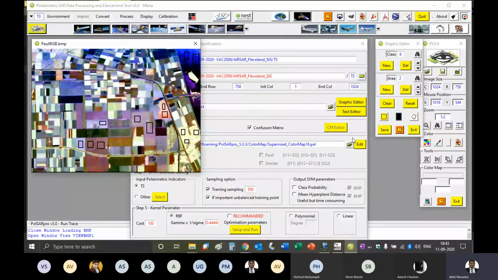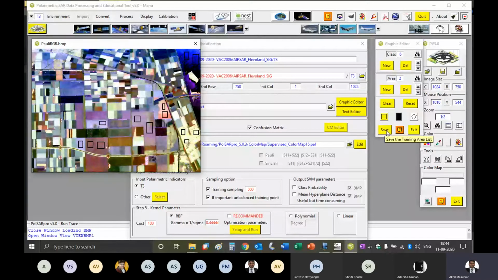So I think this is enough. 6 classes is enough. I have taken only 6, so no problem. We want to see how classification is done. So I have taken 6 classes, which is good enough.